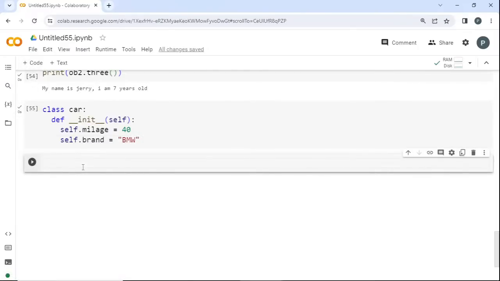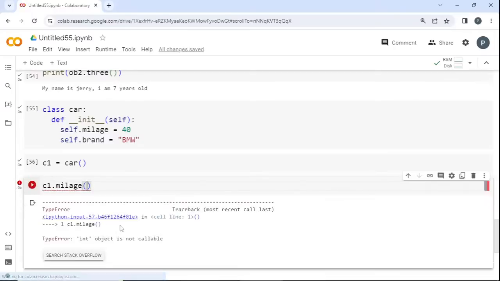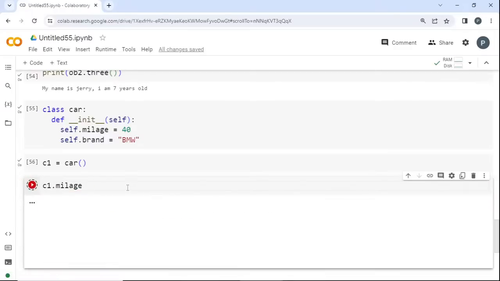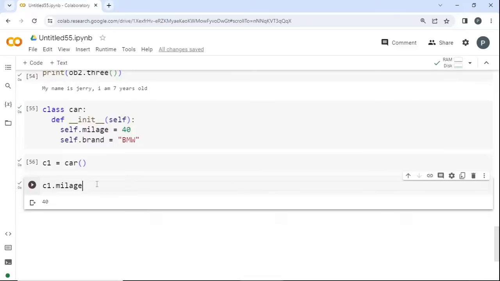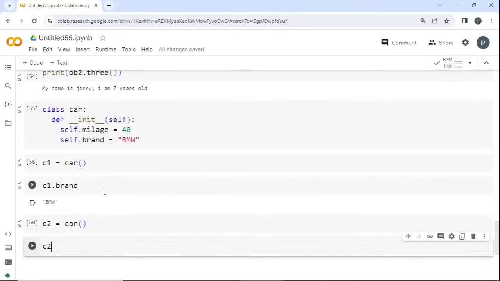Okay, so I'll create an object C1 equal to car. C1 dot mileage. So if I get it, okay, it is a method, right? So it is 40, and C1 dot brand will be BMW. Okay, so like that I can create C2. This is also going to use the same, but it belongs to self, right? So if you go with C2 dot brand, it will give you